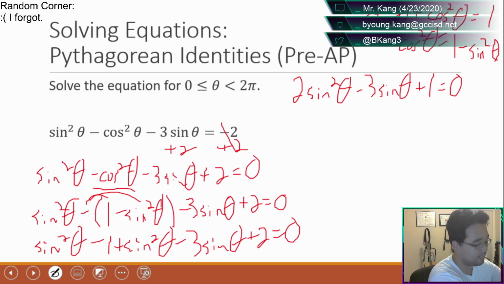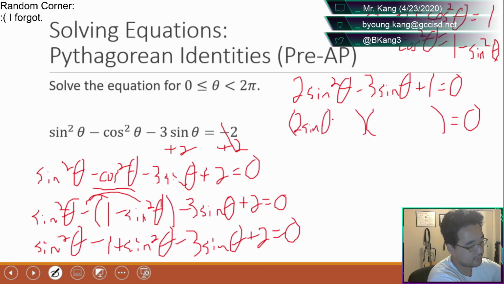Okay, so factor this out. It's a quadratic. There we are. So the leading term is 2 sine squared. So you know one of these has to be 2 sine, and the other one just has to be sine. The last coefficient is just 1, or the last term, not coefficient, sorry. So 1 and 1. And the middle term's negative and the last term's positive, so you know both of these have to be negative. So you just use a lot of deduction here to figure out what your terms and what your signs are. So if you FOIL this back out, you should get the term up top.